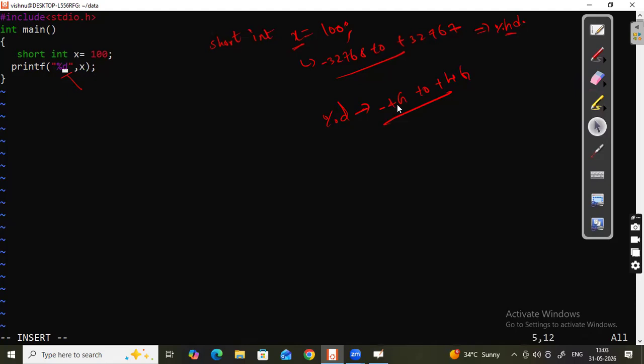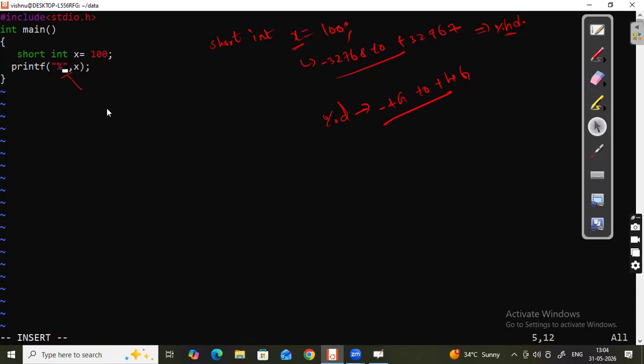This range is -4 giga to plus 4 giga. So is 100 existing or not? Existing. That's why 100 is going to be printed. If you take percentage f, 100 is not existing, and